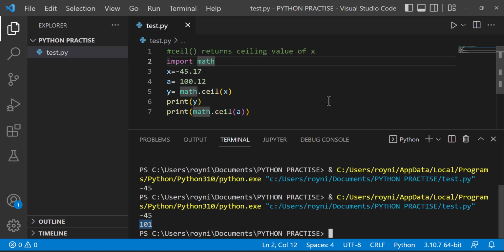Why like this? Because, see, it is going to be more than 100.12. That's why it is rounding to the upper digit, so it will be 101. Similarly, you can put here b is equal to